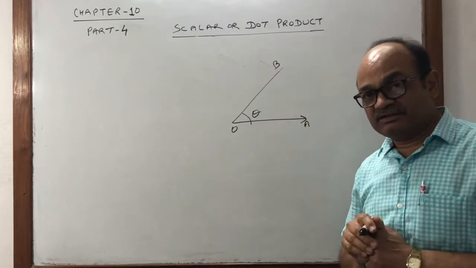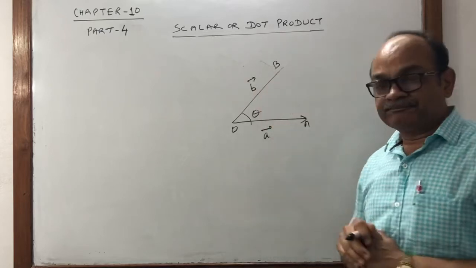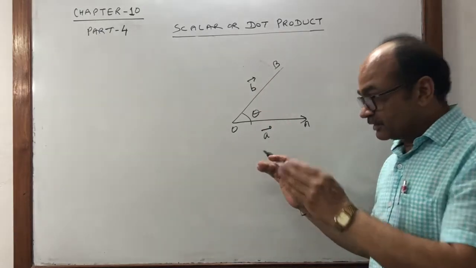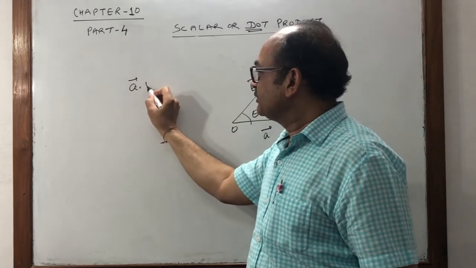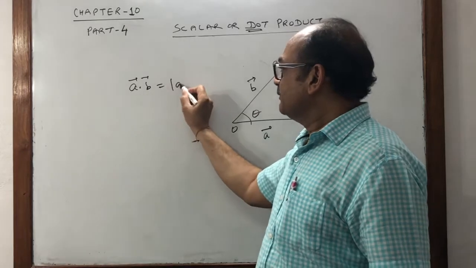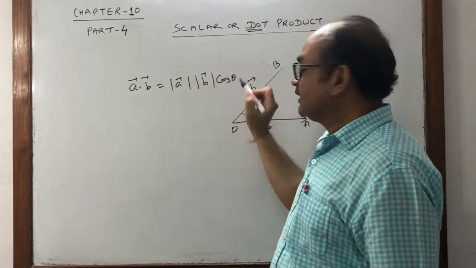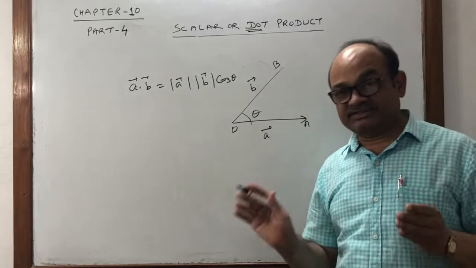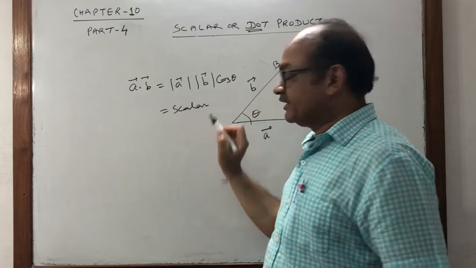तो अब हम आते हैं स्केलर और डॉट प्रोडक्ट पर। Suppose two vectors, say OA and OB, and the angle between them is theta. Suppose this vector is vector A and this vector is vector B. Then the dot product, the name is the dot. Dot means the symbol between the two vectors, you have to put a dot. A dot B is magnitude of A, magnitude of B, and the angle between them with cos theta. And this result is always a scalar quantity.